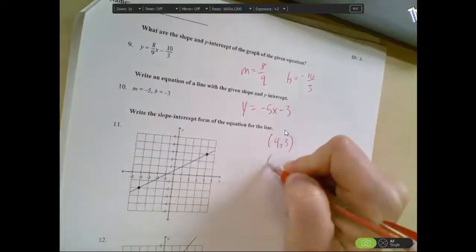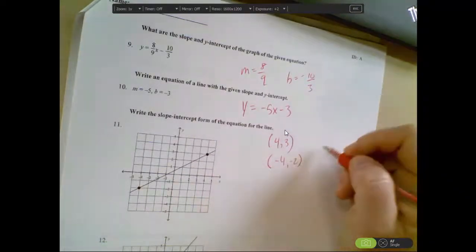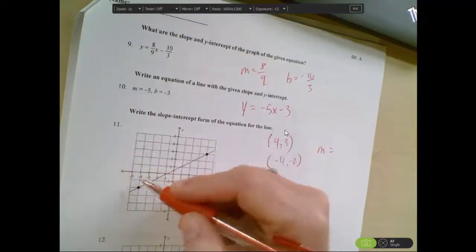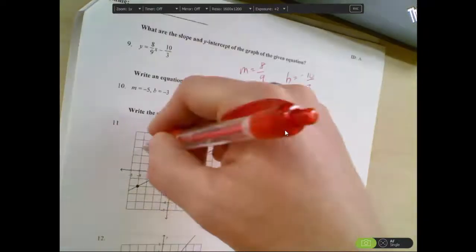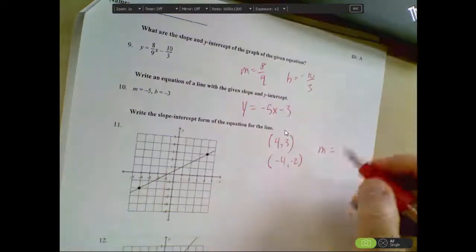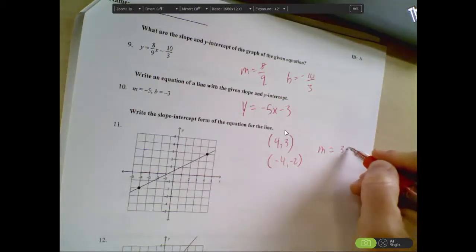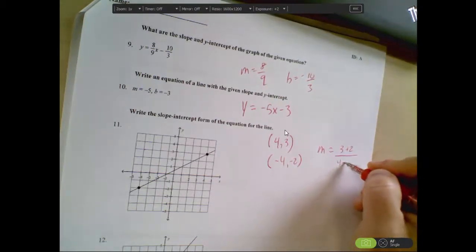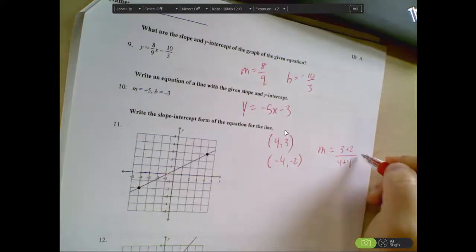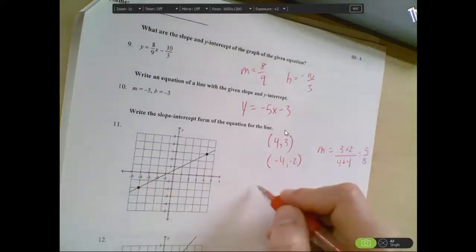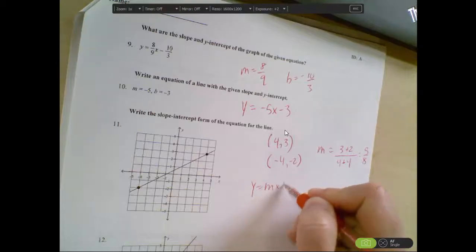4, 3, negative 4, negative 2. Find the slope. Now you could count up 1, 2, 3, 4, 5 over 8. Or you could do y minus y, which is 3 plus 2, over x minus x, which is 5/8. Then you need to plug into this formula to find